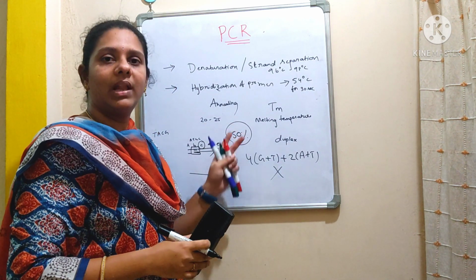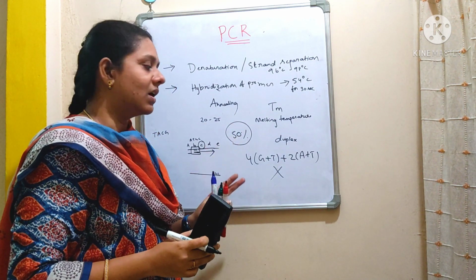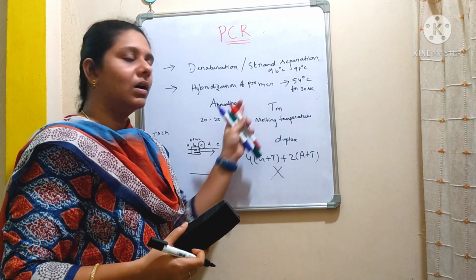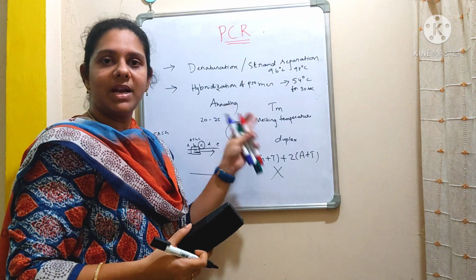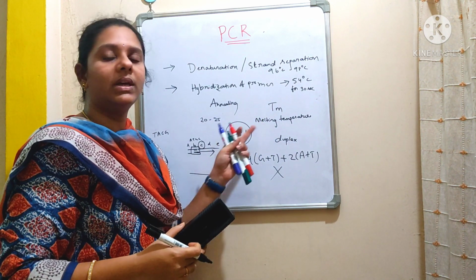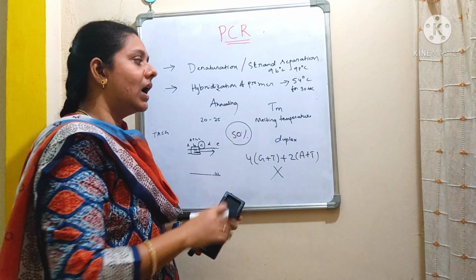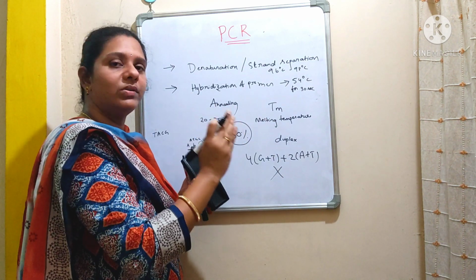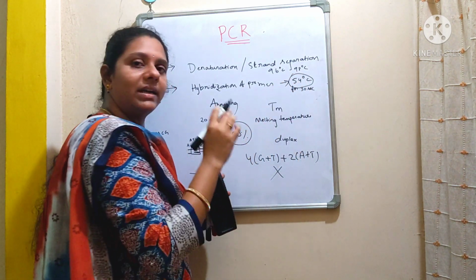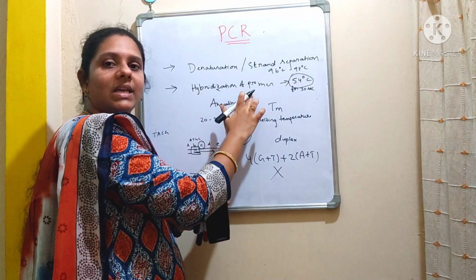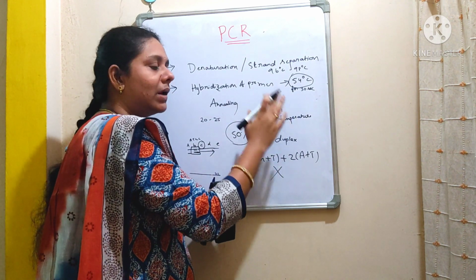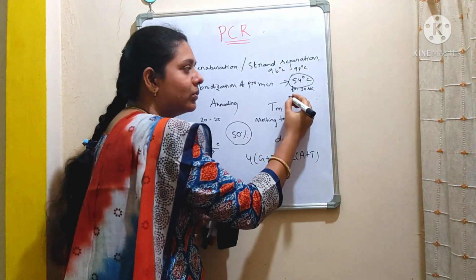It doesn't work well with some researchers. And there are many other formulas we can use to calculate the melting temperature of a primer. Even many softwares are available where we can calculate the Tm value. And always remember that when you want to standardize the experiment and the temperature of this annealing procedure, you need to know the Tm value, and based on that Tm value you need to use a